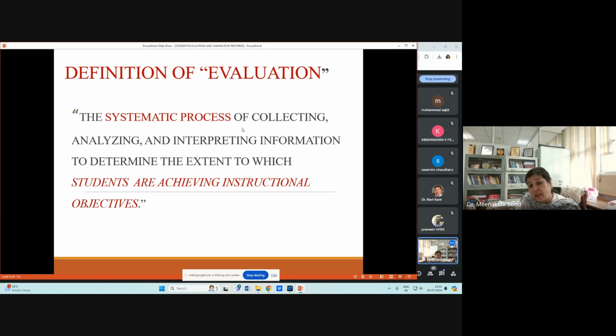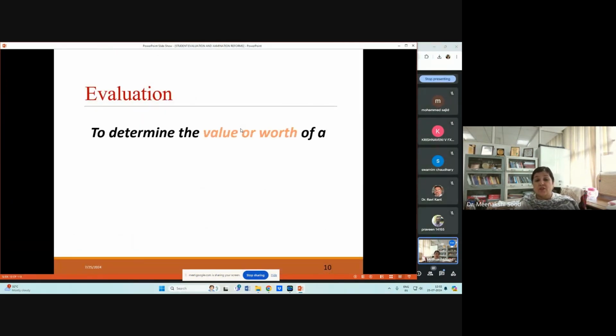And the final aim of the evaluation is again to check whether the outcomes or the learning outcomes, or the vision, mission, whatever you say, have been achieved or not. The student performance has been improved or achieved or not, right? So basically, evaluation is to determine the value of a program, of a product, of a performance, or of a